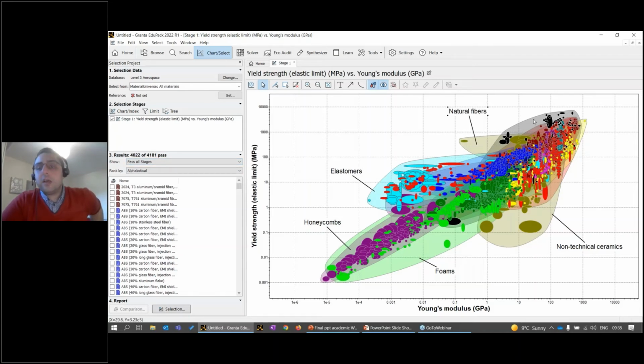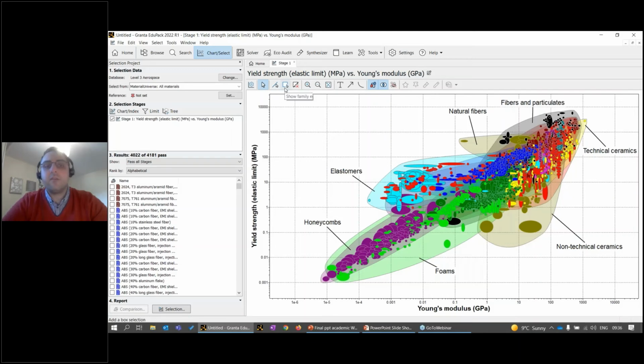This is why it would make sense probably to use level 3 databases for more advanced students to be able to handle this essentially higher level of specificity between the different grades of materials that are available in level 3 databases. Yes, so this is what the chart could look like. And of course, if we were running material selection projects, there are a lot of different tools that would be available to us to focus on the most appropriate materials for a specific application that we're trying to find a material. These include some of the visual